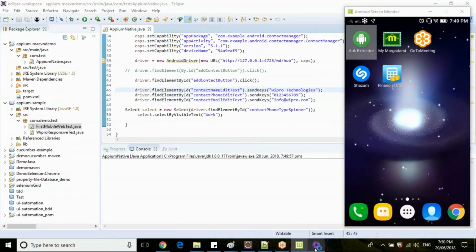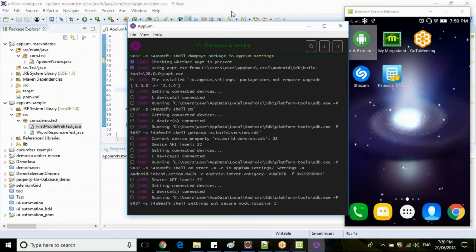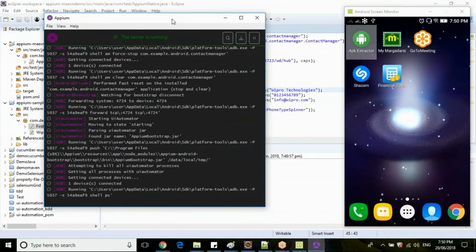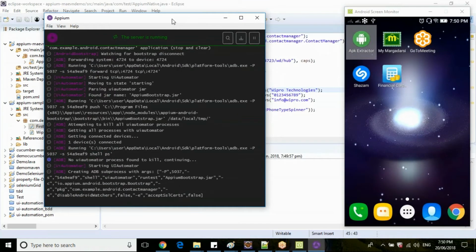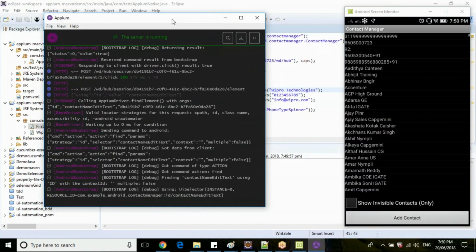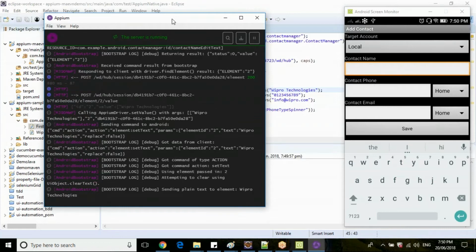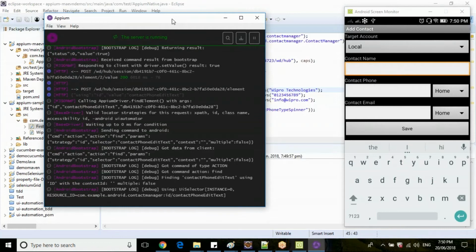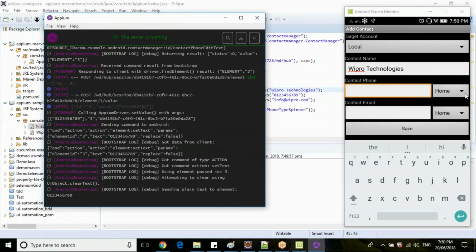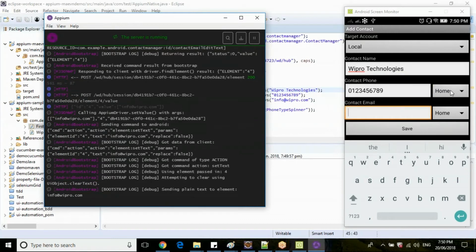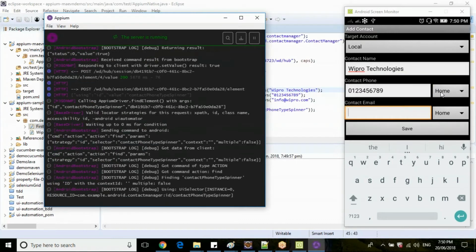Your mobile is here. So it will enter contact name, contact phone, and contact email. Then you should come to home. Select. It's not a select actually. It's a spinner. I doubt whether spinner will be working with select class.